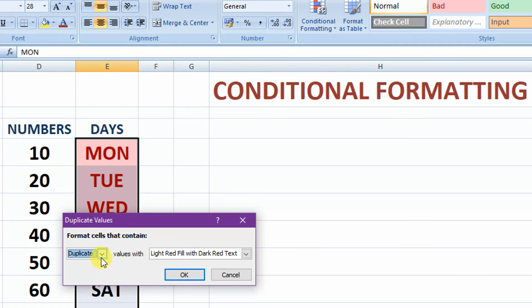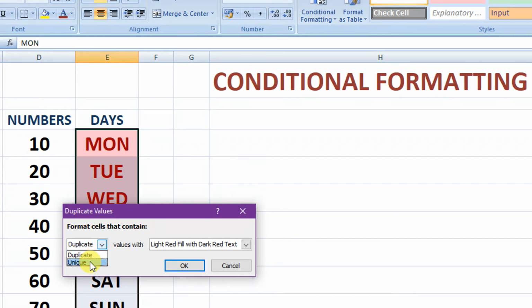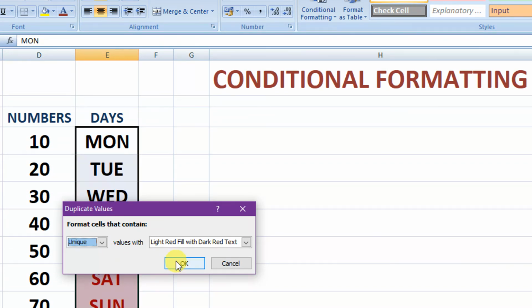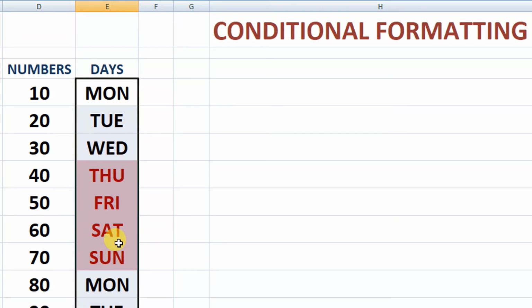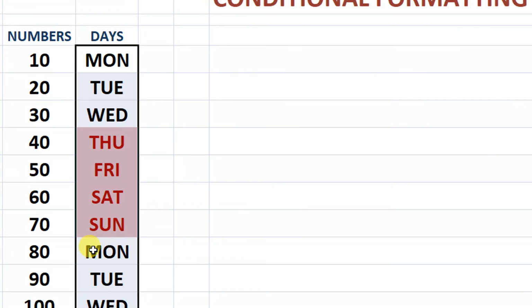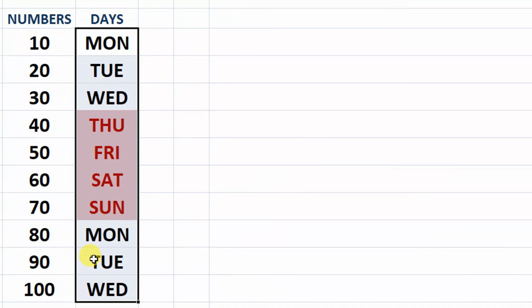Under this you can see one more option, unique. If I click unique, it will highlight the unique values, which means those that are not repeated. Monday is repeated two times, but in this case Thursday has no duplicate, Friday has no duplicate, Saturday also has no duplicate, and Sunday also has no duplicate in the range of data. These are the unique values which get highlighted. This is the way to highlight the unique values.